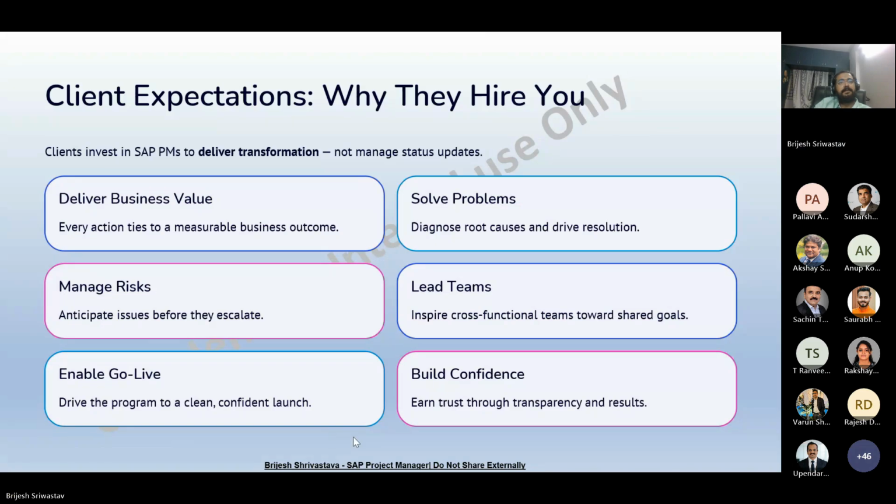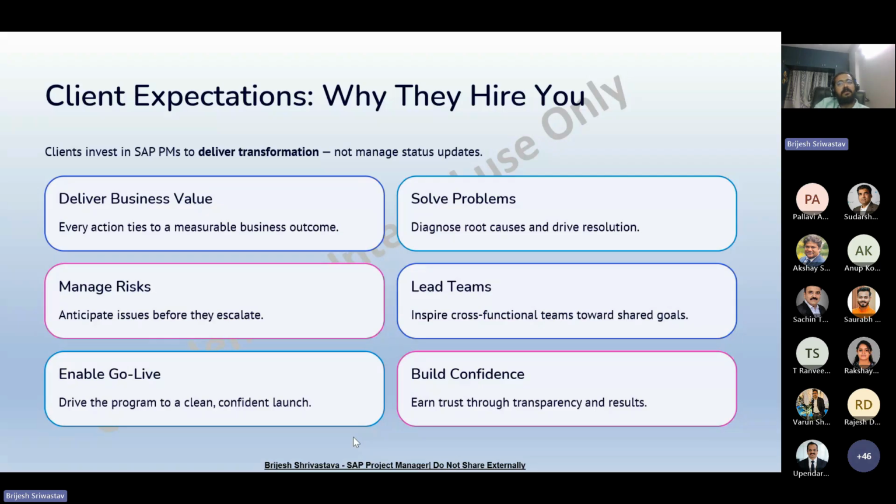So that's why, here, what are the client expectations, why are they hiring you? From the client perspective, whenever a client hires an SAP project manager, they are not paying for someone to conduct a meeting or send a status report. They hire you because they expect you to deliver business transformation. Every activity in the project should contribute to a business outcome.